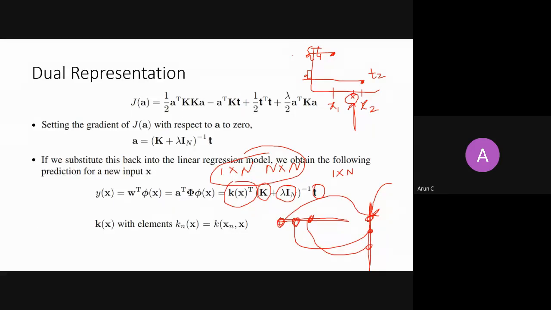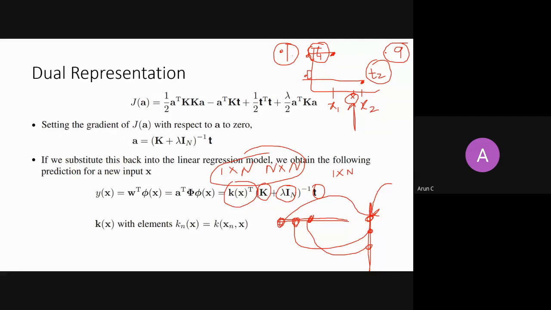If you apply your general sense of intuition, you say that because my unseen x is more near to x2, the target value should also match relatively more to t2, right? So the contribution of t2 should be weighted more than t1. The average you will take will be like this: you take 0.1 weight for t1 and 0.9 weight for t2, right? 0.1 is because it is far and 0.9 is because it is more near.